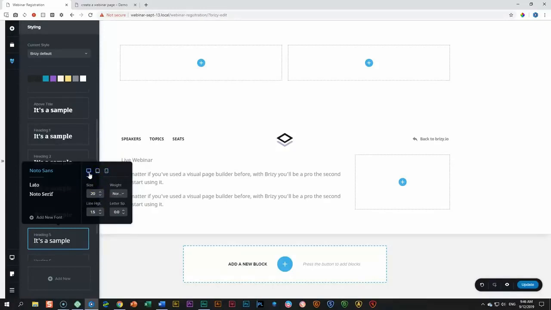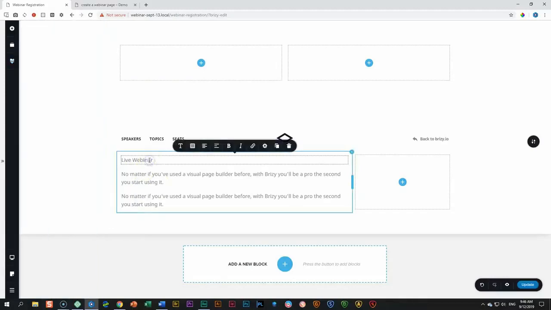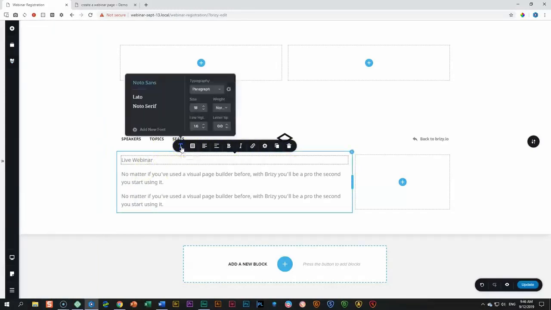And this kind of styling I've done for all of them. This is the best way you can have control over your colors and over your styling across your entire site for all your responsive views. You make a change here, and I'll show you quickly how to do that. It will change everywhere. Let's go back here, click on Live Webinar to activate the toolbar, go to T for